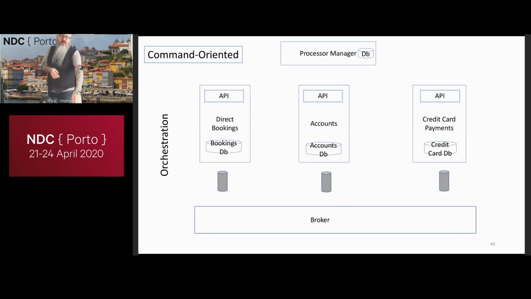And so what happens with this model is the process manager gets told, we're going to make a booking. The process manager stores something in its database which says, I am now running this particular booking workflow, and it has an ID for that. And then it sends a message. Generally, you can use messaging to do this. You don't have to use HTTP. You can use a request-response pattern in messaging. I send a message to bookings and I say, hey, here's a new booking request. Bookings goes away and satisfies that, makes the booking, and then responds to me with information about that booking.